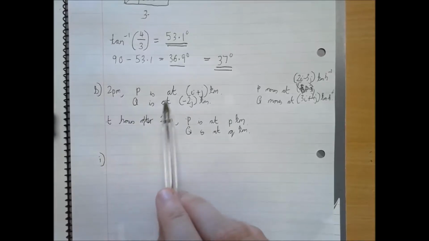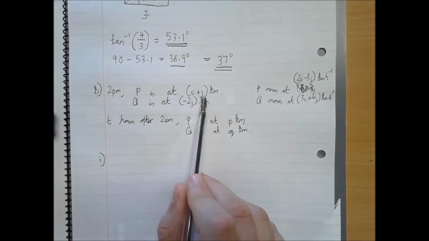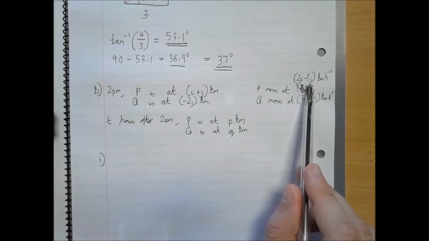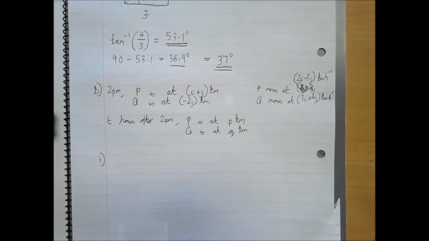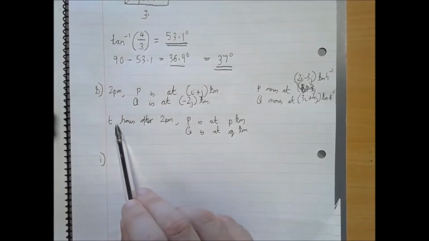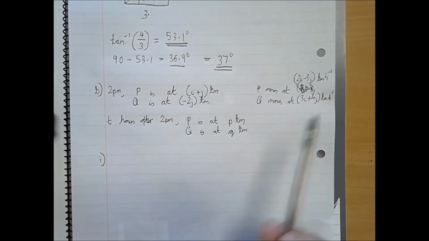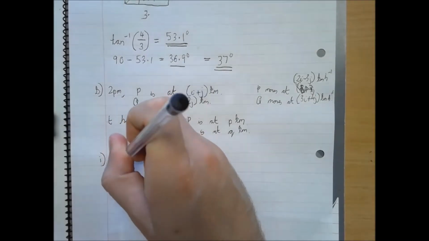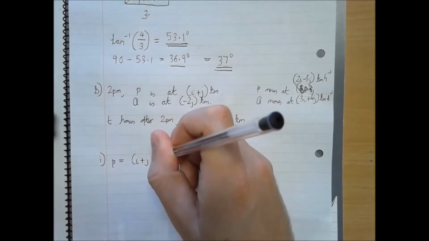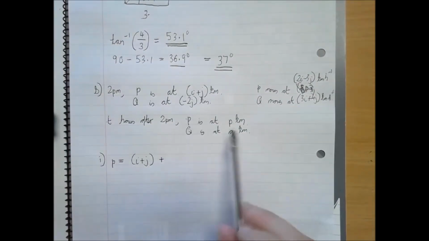Now we're told that at 2 PM P is at i plus j kilometers. So that's its original position, and we know here that P moves at 2i minus 3j kilometers per hour. So every single hour it's going to move 2i minus 3j. So imagine you're moving t hours, you can have t lots of your speed there. So P will equal the original position, which was i plus j, and then